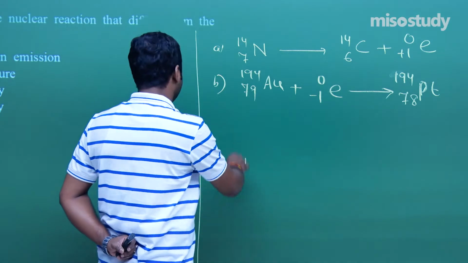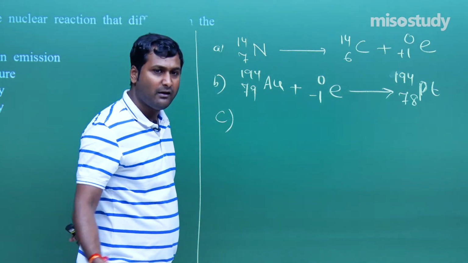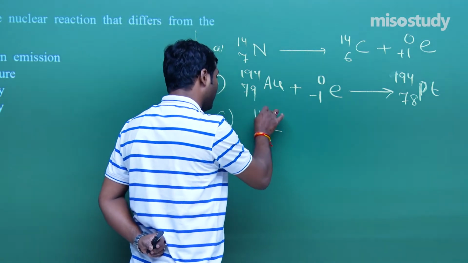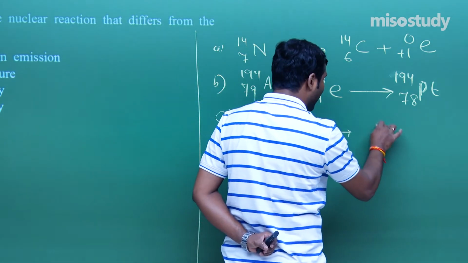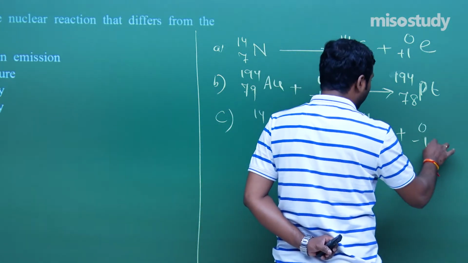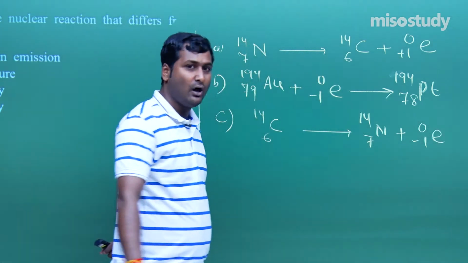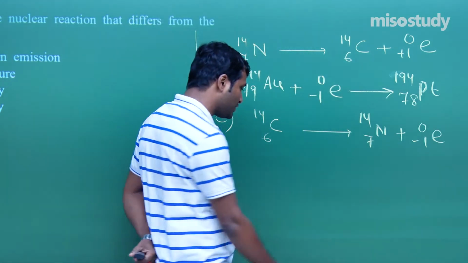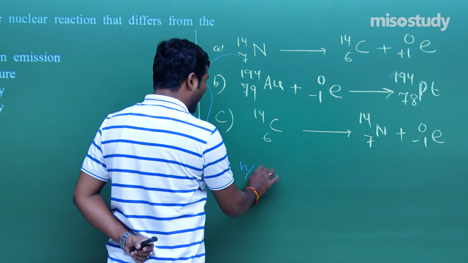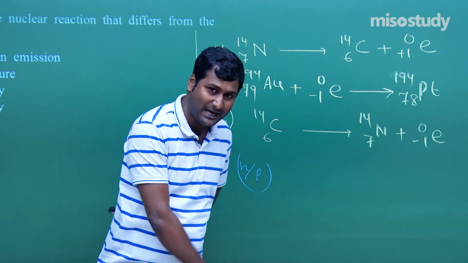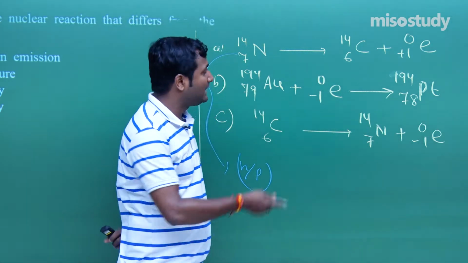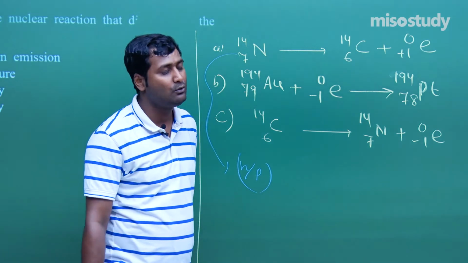And the third one given is beta decay. If I take many more examples, I am taking one example, that is carbon 6, 14. It is converted to nitrogen 7, 14 and the release of a beta particle takes place. This is the reaction. What do we observe in this reaction? Tell me, my friend. In this case, we observe that the value of N by P changes in each and every case. Why does the value of N by P change? Because there is a formation of a new nucleus.